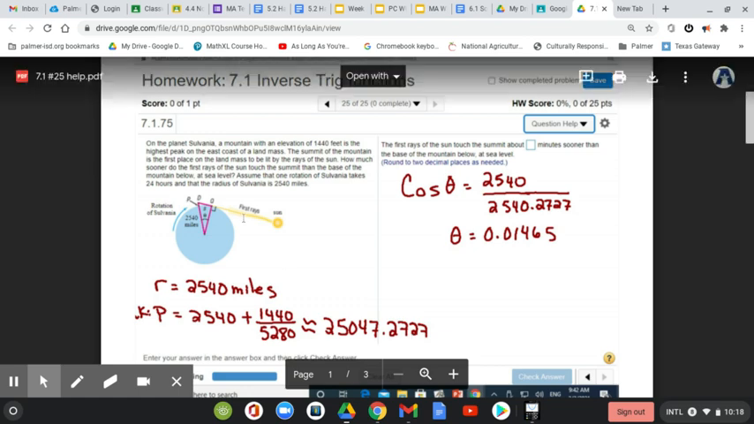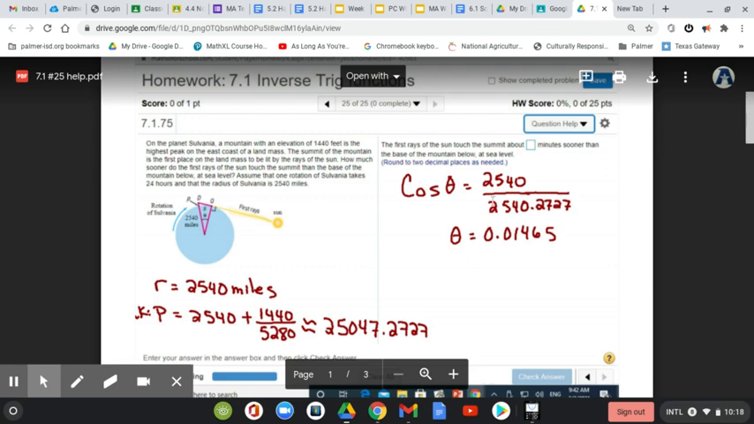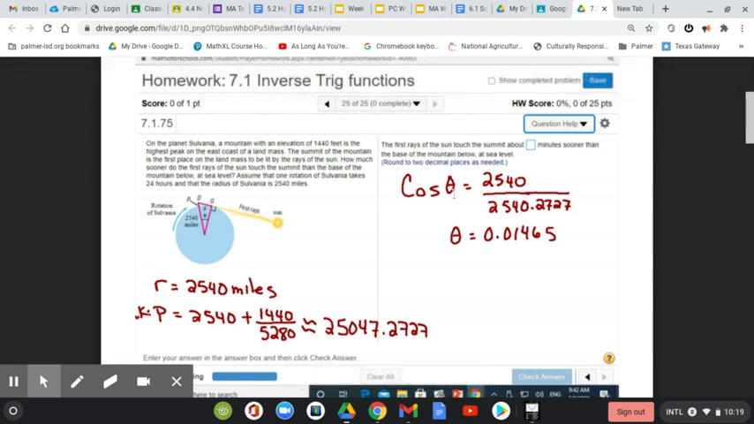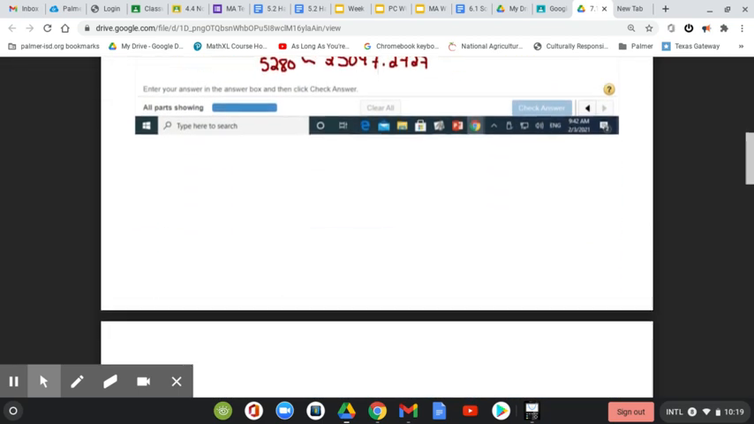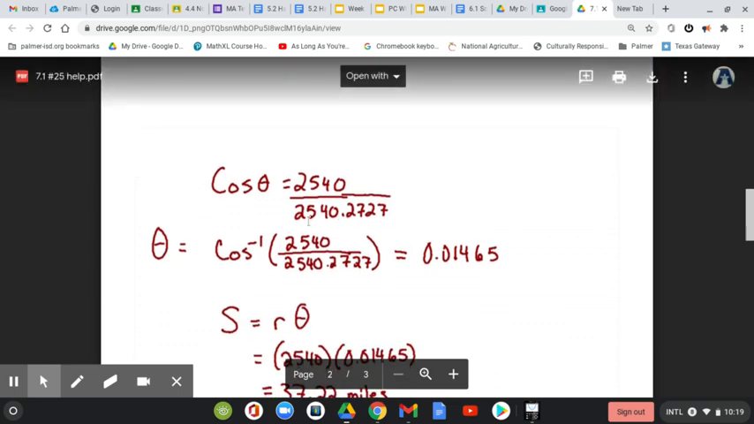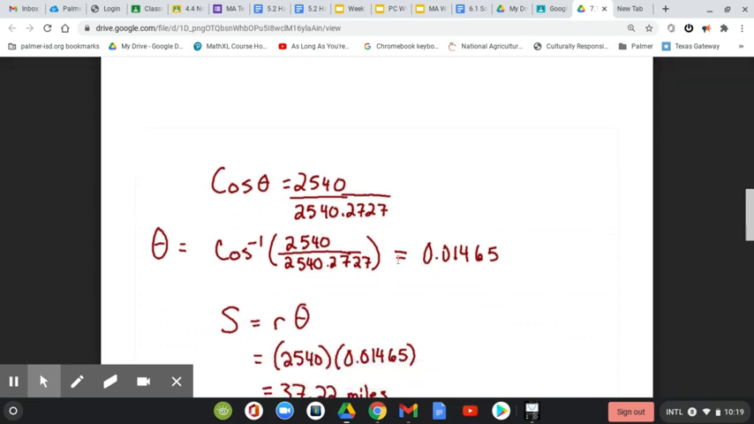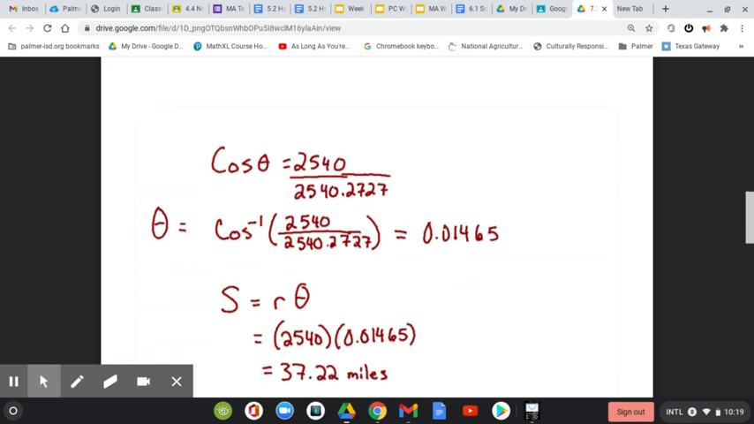And then the angle between these two is going to be, the cosine of theta is this, 2540 over the peak's 2540.27 bar. So how do we find this? We actually use the inverse function of cosine. So if cosine is this ratio, then the inverse cosine is going to be the angle. So then we found this to be 0.01465 using four